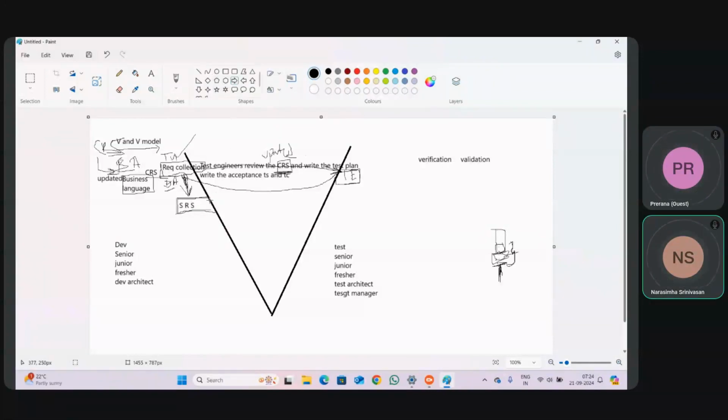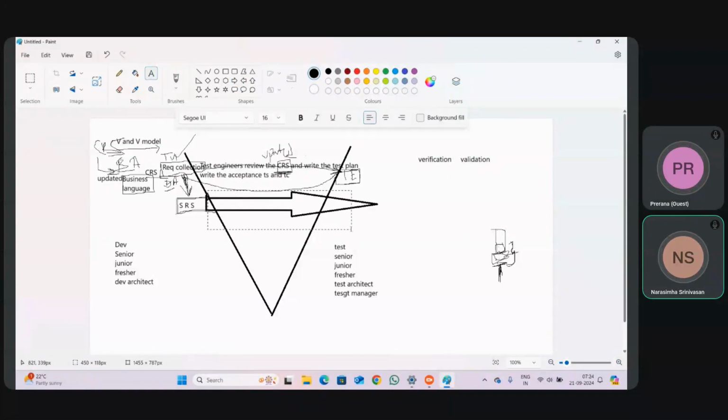Next, once the conversion of SRS is done, your project manager will be there in the company. The project manager will tell, hey boss, we have tested the CRS, but it is better if you test the SRS also. The test engineer tests once. What will happen? Let us see. So the test engineer, what will he do?